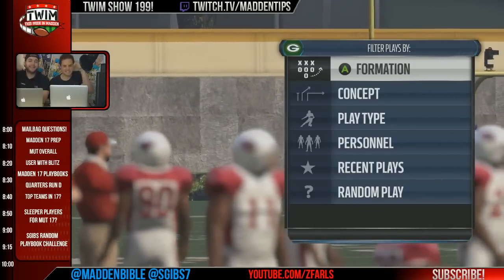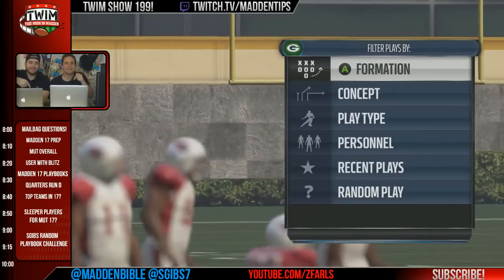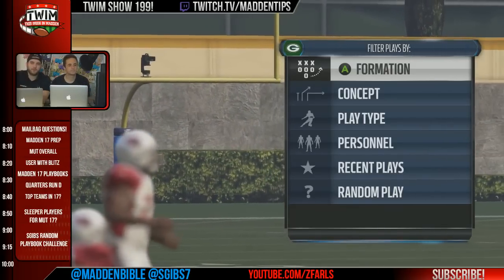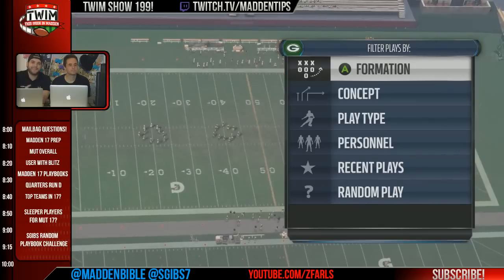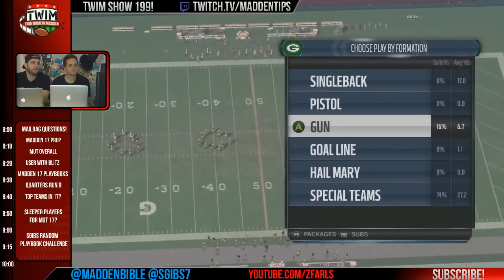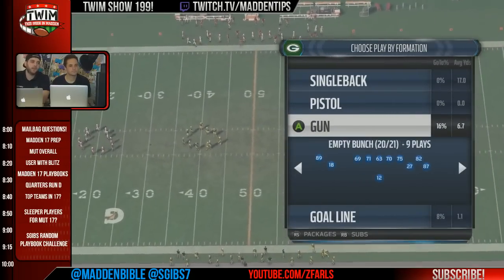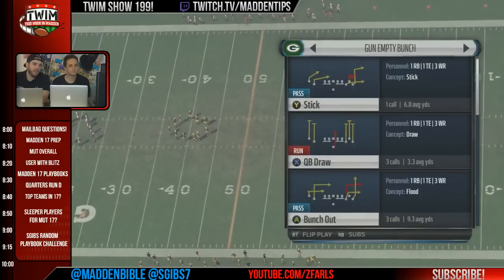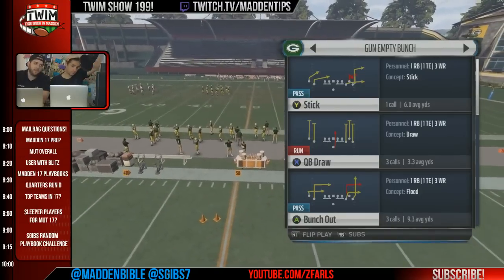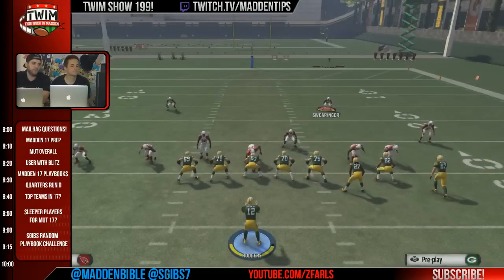Tonight on TWIM 199: this is the best route in Madden 16 that nobody uses. We are in the Miami Dolphins offensive playbook, going to the gun formation, the gun empty bunch, and we're taking a look at the play on our screen here, bunch out. And what's really specific about this play, Farles, is everyone loves running cover 2-man,